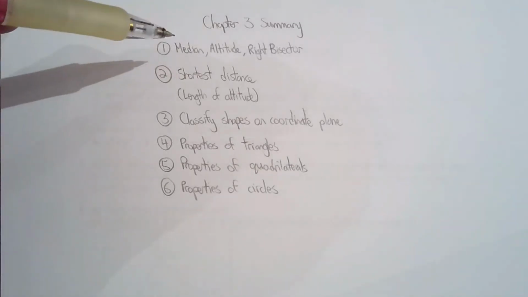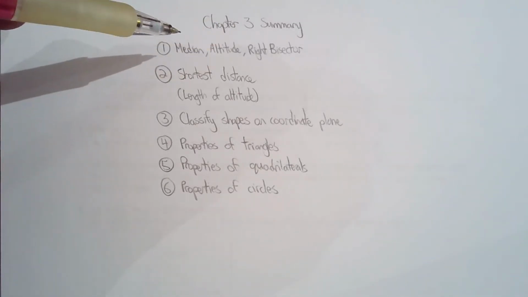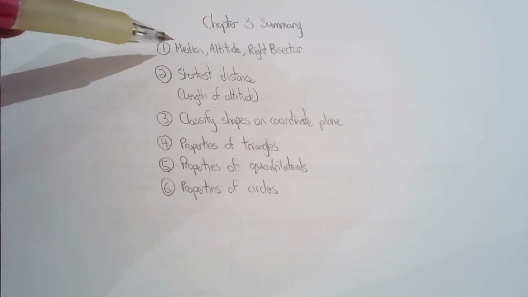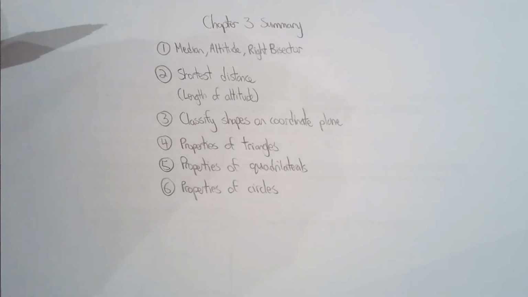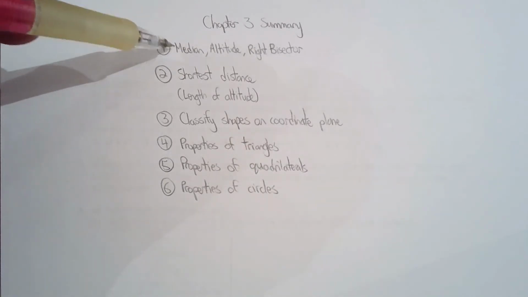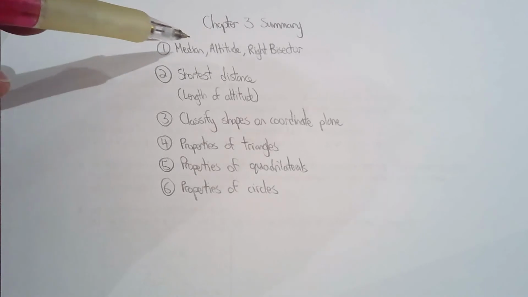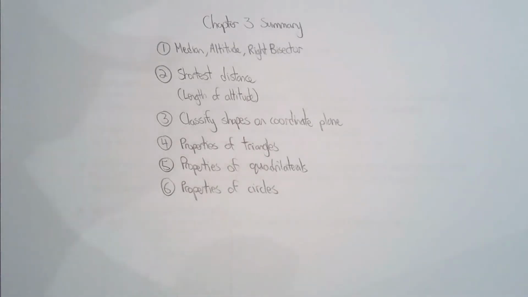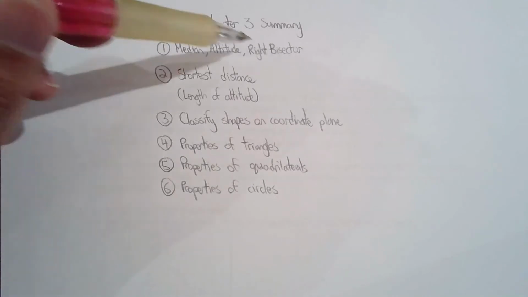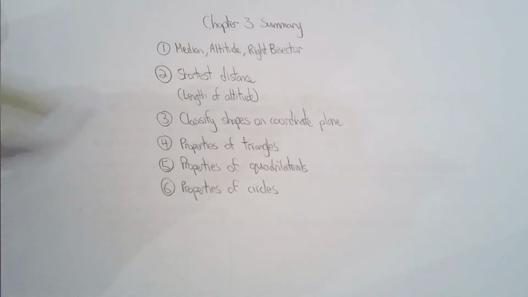you did. So when we talked about median, altitude, and right bisector, you needed to know how to find the equation of, for example, the median from vertex A, or altitude from vertex B, or the right bisector of BC. And we really tried to emphasize not to memorize, okay? If you can draw it, then you will eventually be able to piece together and know how to find the equation of a line containing the median from vertex A, for example. So try not to memorize the steps, because that's going to fall apart. Really understand the drawing of each of these, and then you'll be able to find the equation of